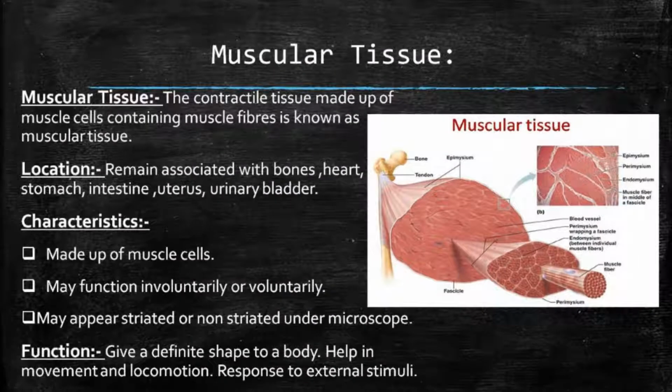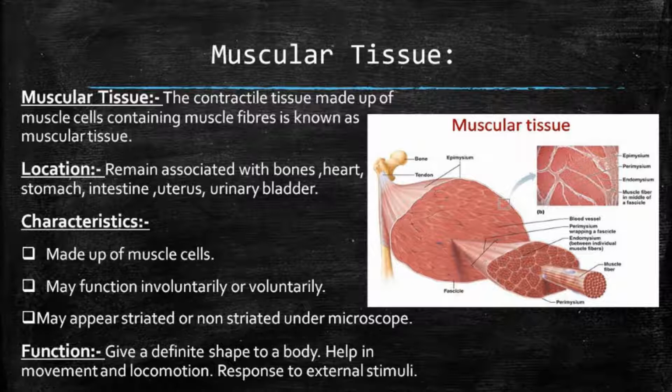The third type of animal tissue is the muscular tissue. The contractile tissue made up of muscle cells containing muscle fibers is known as muscular tissue. They remain associated with the bones, heart, stomach, intestine, uterus, and urinary bladder. The characteristics of muscular tissues are: